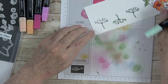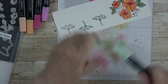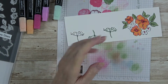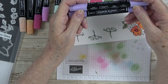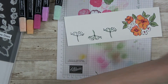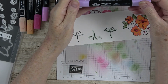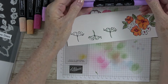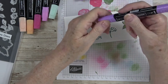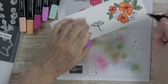Just draw your lines, and I've already cut those, so I'm not going to do that, but we are going to use this flower, I think. So the other color I have is another one of our new in colors, and this is called the, oh, I got the wrong one. Oh, I grabbed the wrong color. This one is the Fresh Freesia Light and Dark. So I'm going to go in with the dark first, and I'm going to use my bullet tip